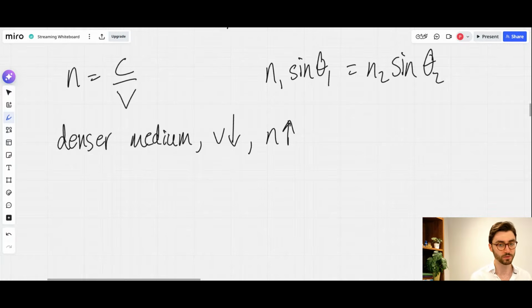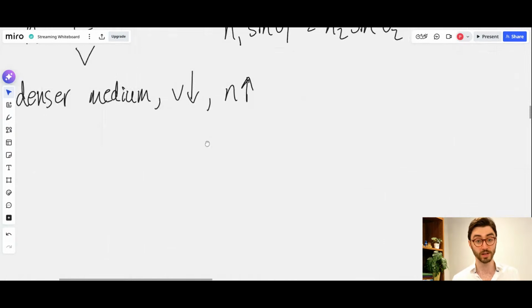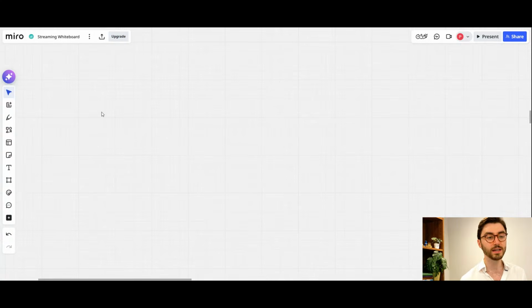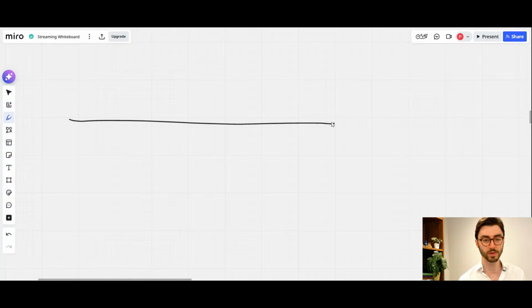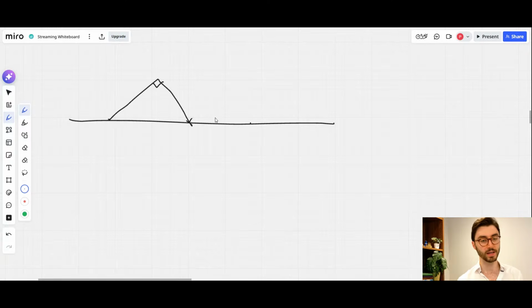There is a derivation for this. I will cover it. I did do it in a different stream, which means I actually remember how it goes, which is very helpful. But the idea here is if we have a boundary where this is one wavefront, and this would be the same wavefront. So what's going to happen here? Let me draw a little bit less of it. Let's draw a wavefront that far. Perpendicular to that, this ray would go to here. And if at this point it bends back,